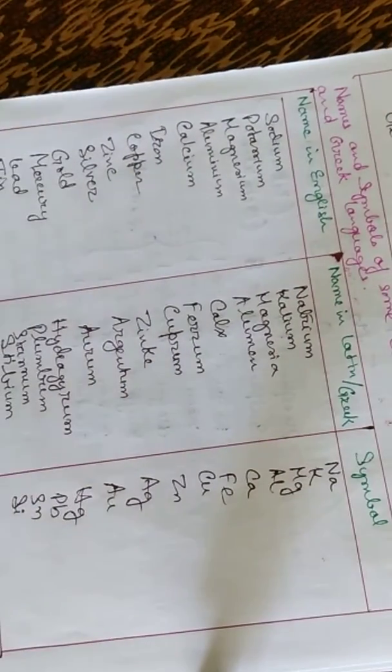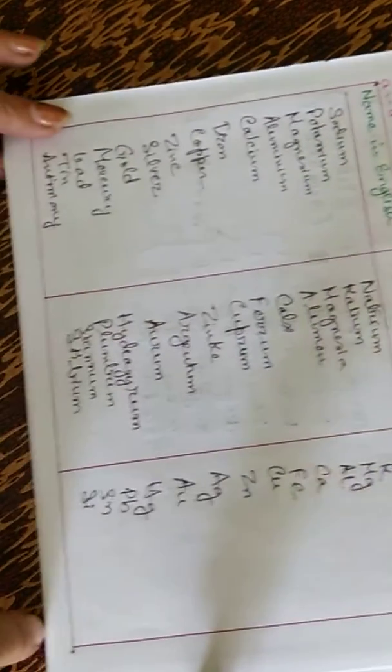Zinc, zinke, capital Z, small n. Then silver, argentum, capital A, small g. Gold, aurum, capital A, small u. Mercury is known as hydrargyrum, capital H, small g. Lead is known as plumbum, capital P, small b. Tin, stannum, capital S, small n. Antimony, it is known as stibium, it is represented as S, small b. That is the symbol of